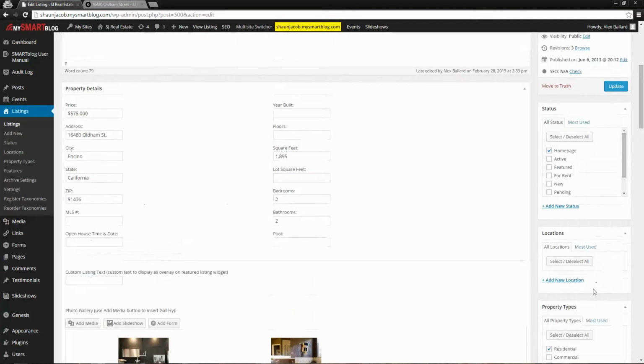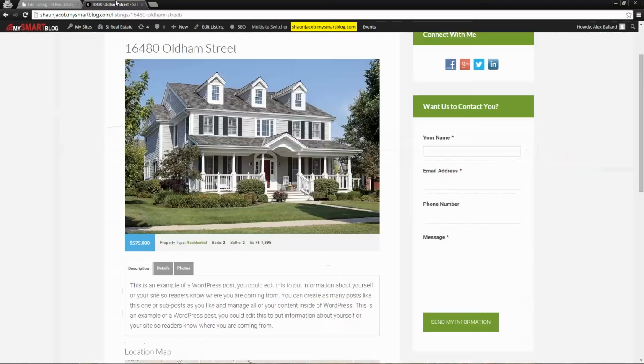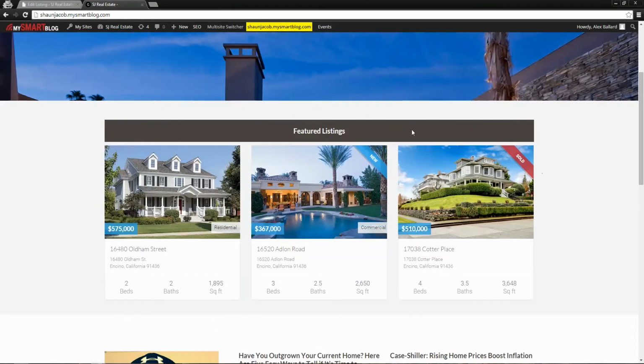The most important one here on the side is this status one. You'll see the box that we have checked right now is homepage. If the homepage box is checked, that determines, if we go back to the homepage, which 3 are going to show up under your featured listings. You can have many more than 3 listings on the site, but checking that homepage box determines which 3 show